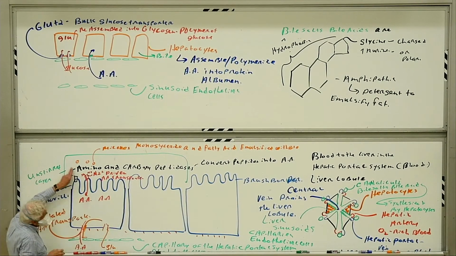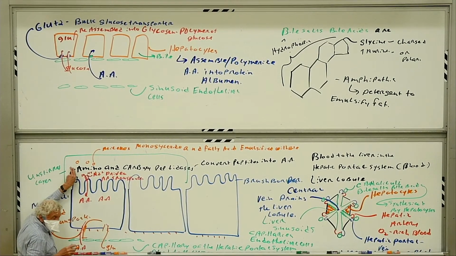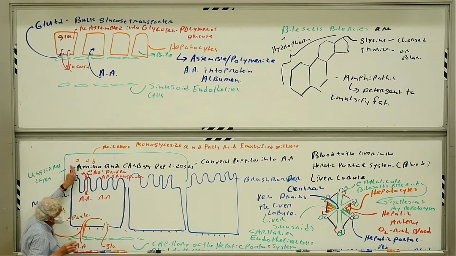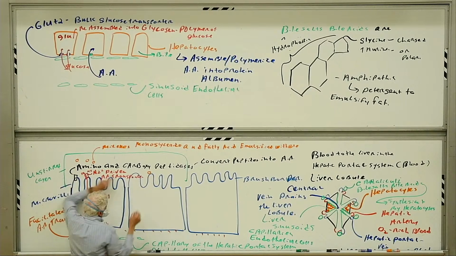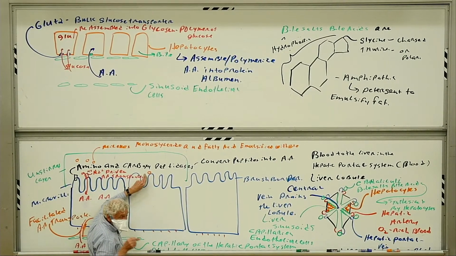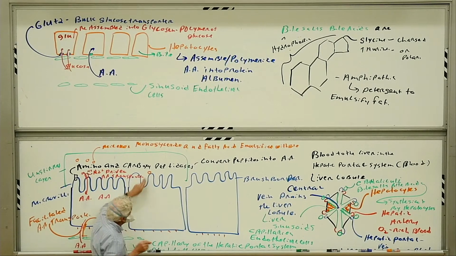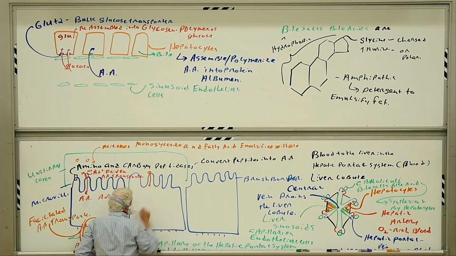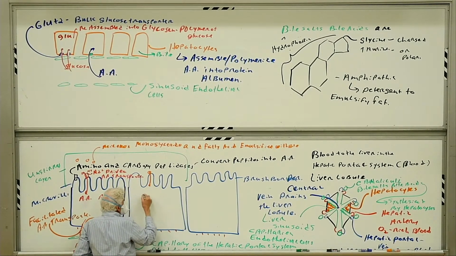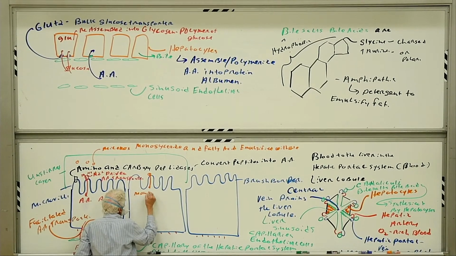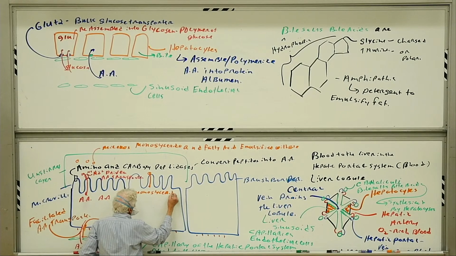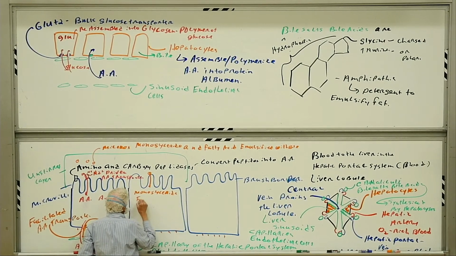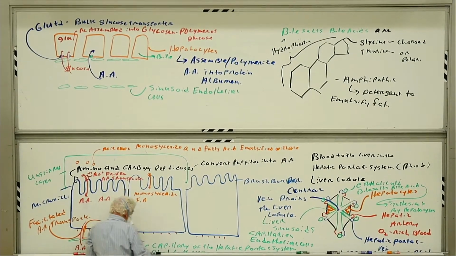Once these enter the unstirred layer, because they contain monoglycerides and fatty acids, once these bump up against the phospholipid bilayer, the monoglycerides and fatty acids are so hydrophobic, so lipid soluble, that they go right into the cell. So in the cell now, we're going to get monoglycerides and fatty acids. We're not done yet,